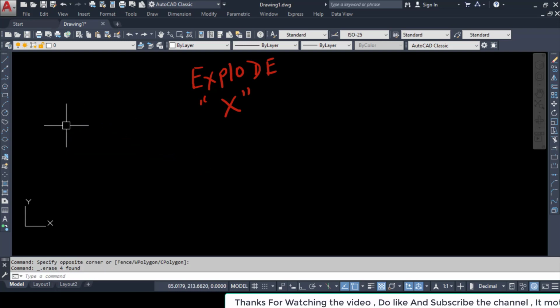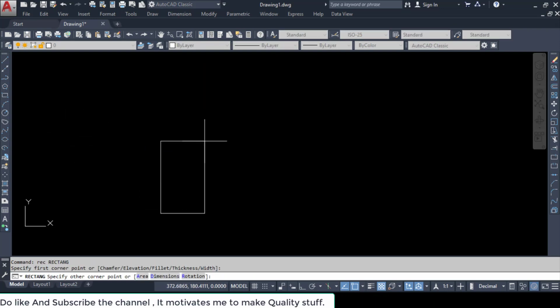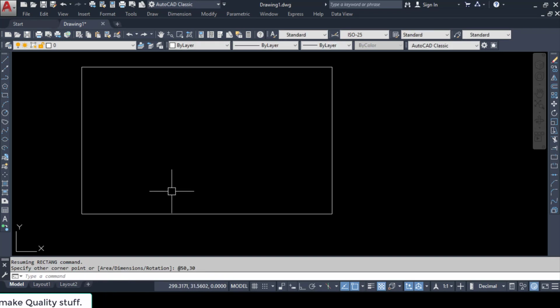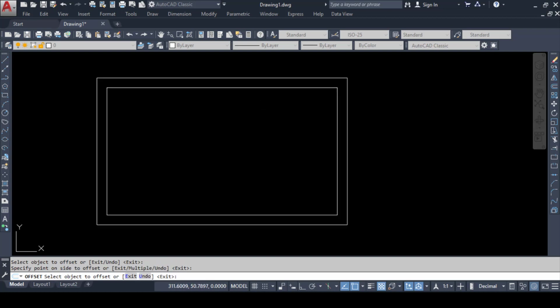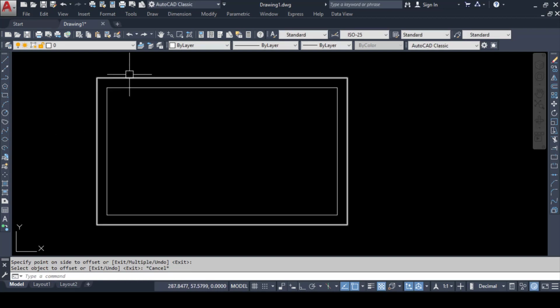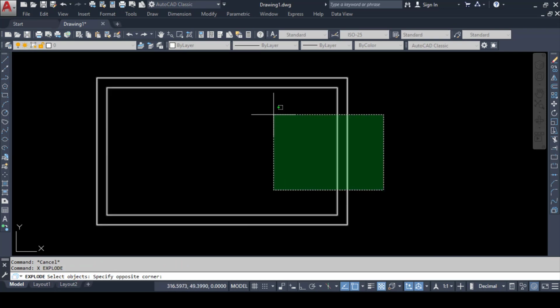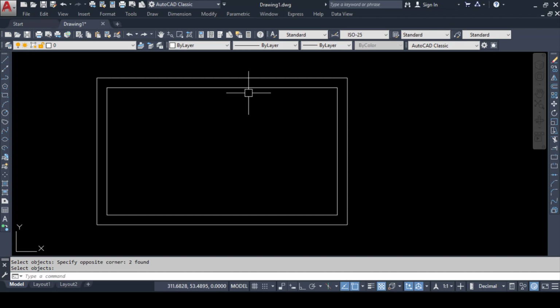The explode command is used very much in civil engineering. How? Let us see an example. Suppose I have a rectangle and the outer plot distance is 50, 30. Now I want to make inner walls of this rectangle, so I can make them with the help of the offset command directly. Now I want the individual lines to be selected, but the lines are selected as a whole. I want to select the lines individually, so I will explode them with the help of the explode command. I will select this with a cross window and press enter. So you can see that in this case all the lines are converted into single lines.